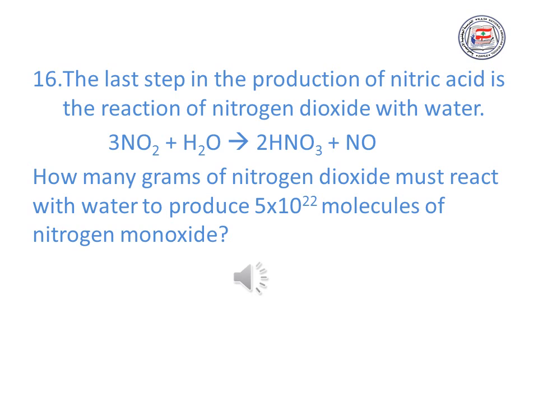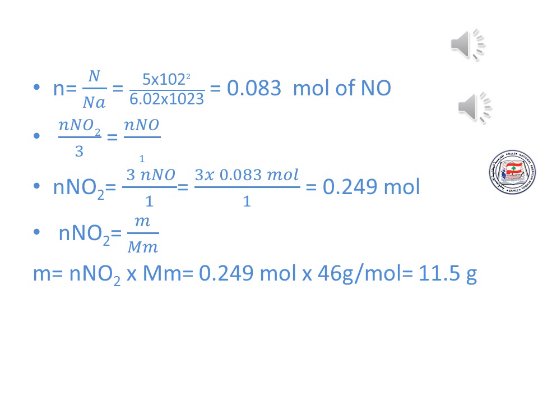Number 16. The last step in the production of nitric acid is the reaction of nitrogen dioxide with water. The question is, how many grams of nitrogen dioxide must react with water to produce 5 times 10 to the power 22 molecules of nitrogen monoxide? Start with the given quantity and convert from molecules to moles. So n equal 5 times 10 to the power 22 divided by Avogadro's number, and the answer is 0.083 mole